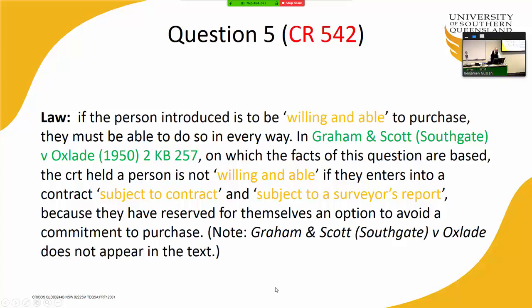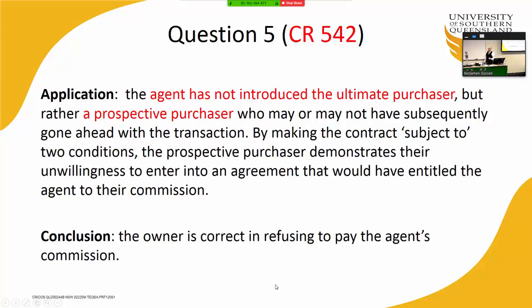Okay, so application. All of this should be on one page. The agent has not introduced the ultimate purchaser. Of course, the law, you can see I put a lot of the law. You could just probably settle for part of that, even the part that I've highlighted, underlined. Now, you might skip mentioning any cases. So how is that going to affect your final mark for this part? Maybe you will lose 1 mark. That's it,